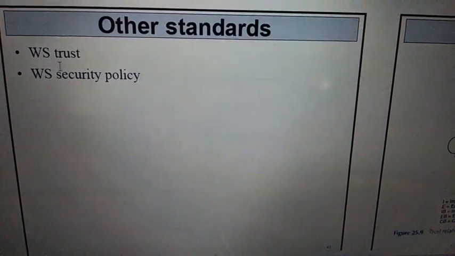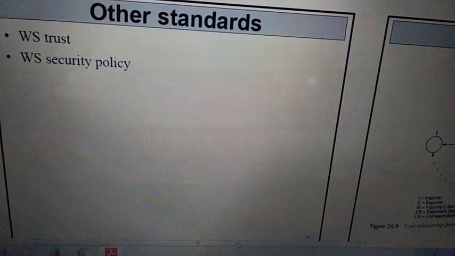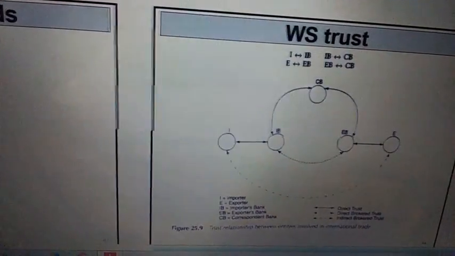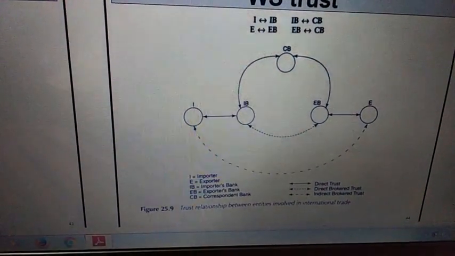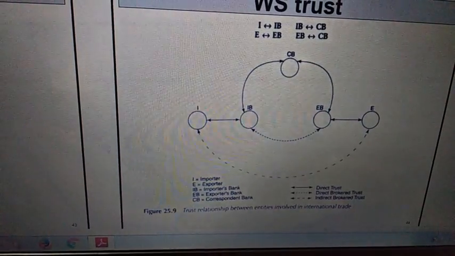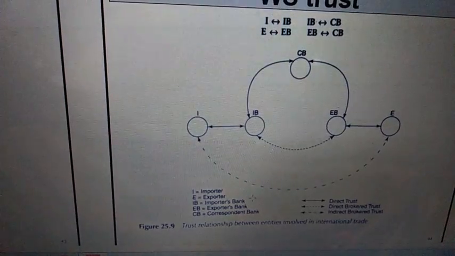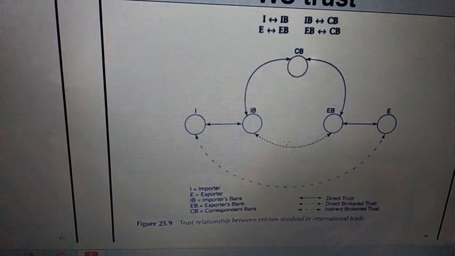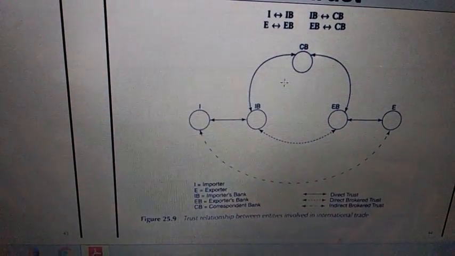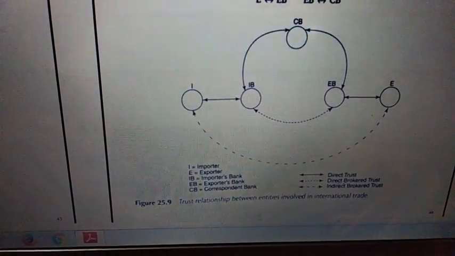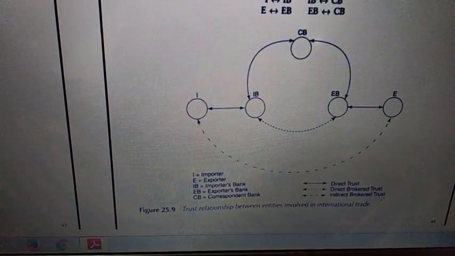Other standards are WS Trust and WS Security Policy. WS Trust is where two trusted entities authenticate themselves. It is a simple diagram, you can understand, right? Importer and exporter, that is I and E. In between you may have intermediaries called importer bank, exporter bank and the correspondent bank, right? The direct dark line shows direct trust, and there is direct broker trust and indirect broker trust.